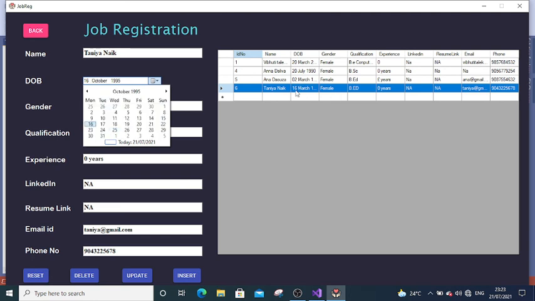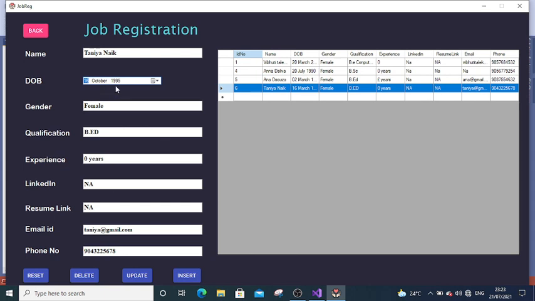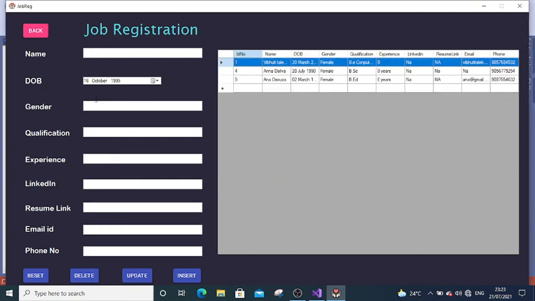Now before updating you see it's 16th March. Let's say it is 16th October 1995. So I'll click update and here her record gets changed. Similarly, let us say she no longer wants this job. She has gotten a job somewhere else. So she will select herself, click delete, and here her record gets deleted.